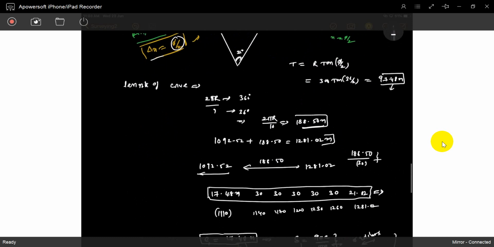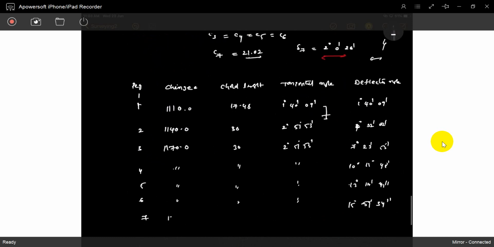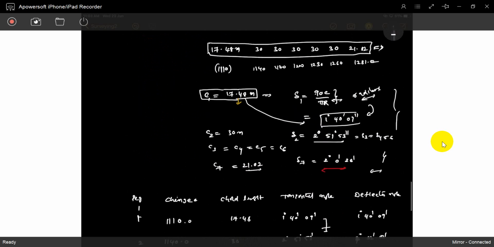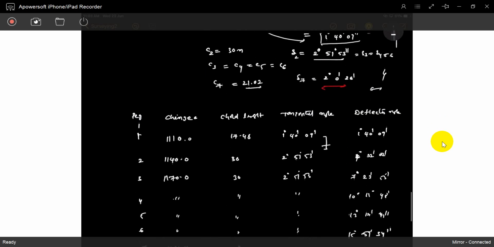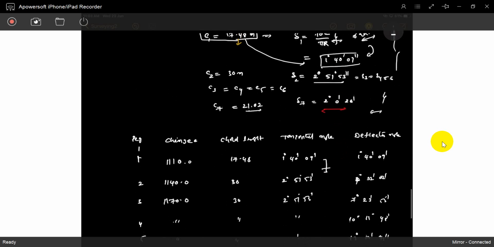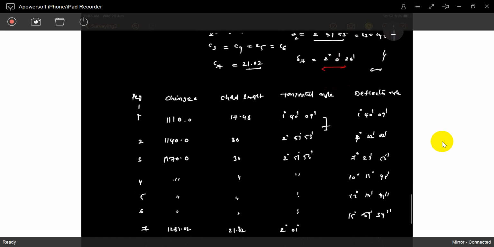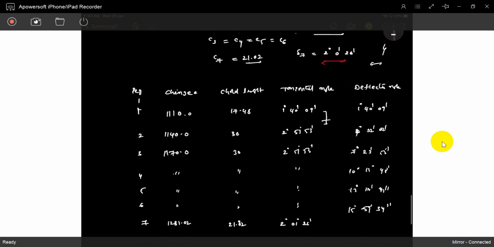What is the other point? The other point chainage is where? 1281.02. Understood? Peg length is not the same. Peg length I took as 21.02. Tangential angle is 2 degrees 01 minutes 26 seconds. The deflection angle will reach